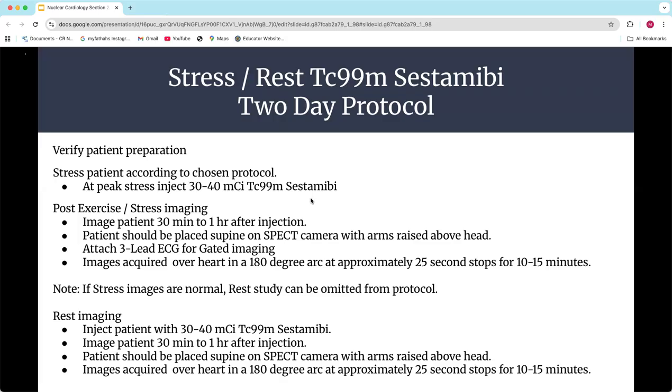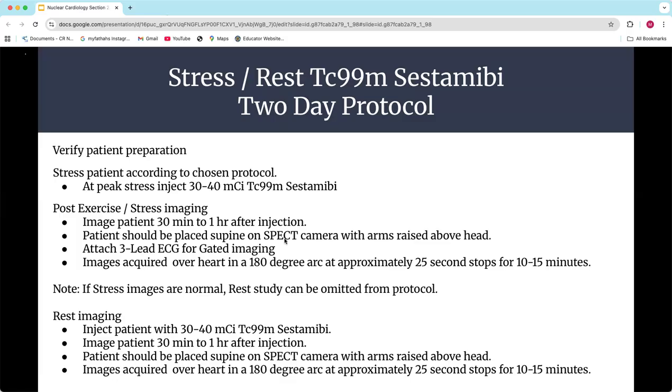I know half of you aren't answering that question because you see something different than this at work. And so we'll get caveated. I'm just going to give you what the protocol should be, and then we'll talk about what oftentimes actually happens. But yeah, you're going to wait that 30 minutes, and then patients are placed on the camera.